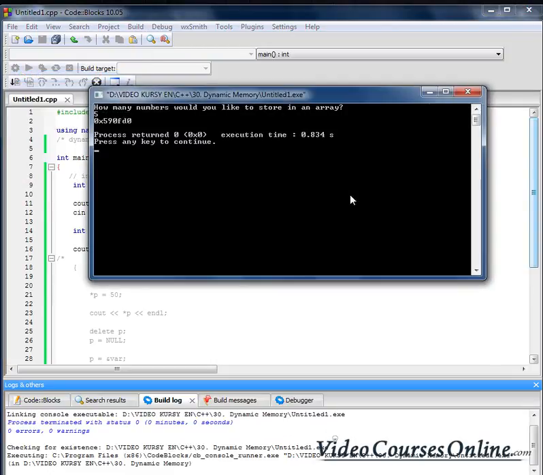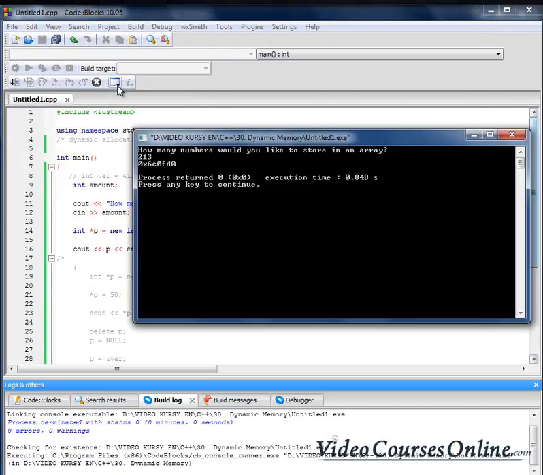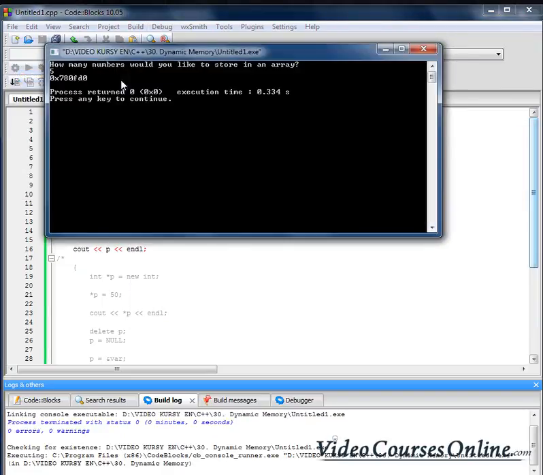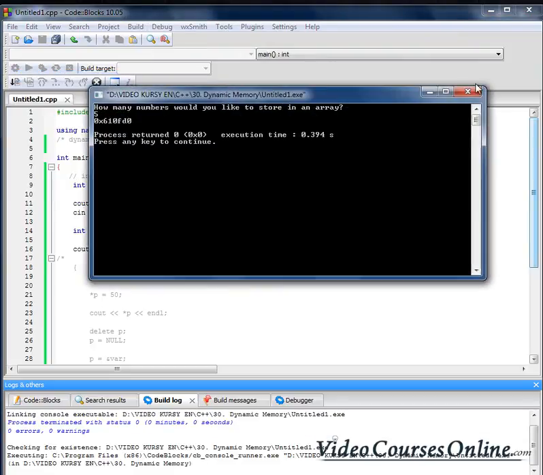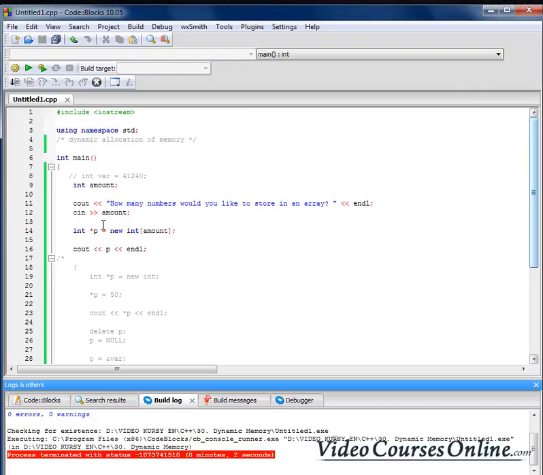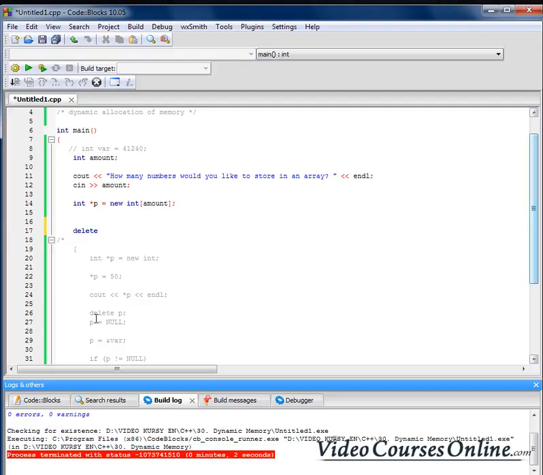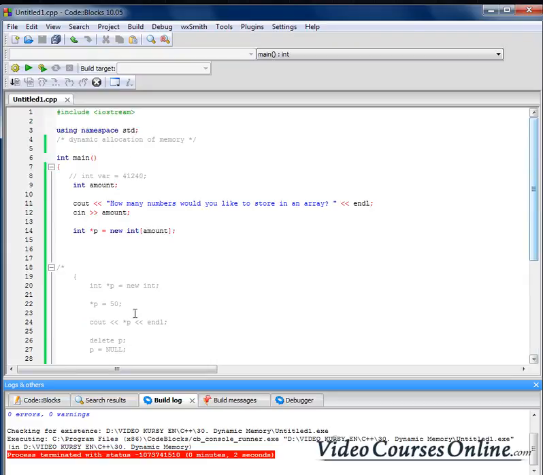So for example 5, as you can see, here we have an address that is stored. As you can see, the addresses are different, right? They are different every time. Okay. So let's also remember that I have to delete